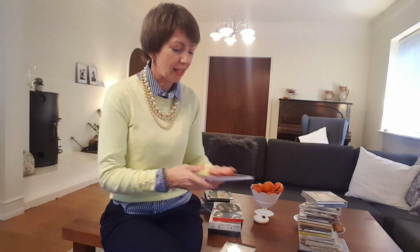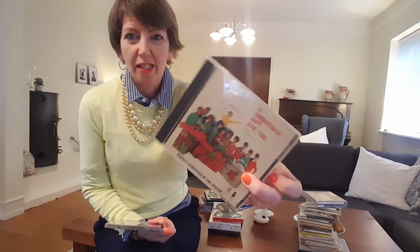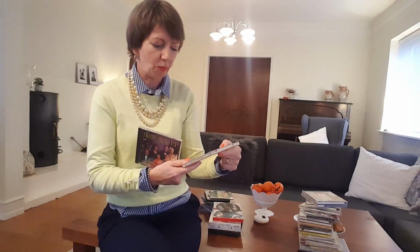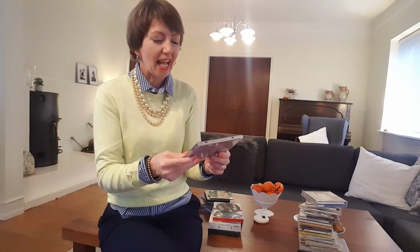Here are two funny ones, which I've also had for a while. Okay, I'm going to keep the Phil Spector Christmas, because those are also, actually no, I'm not. I'm going to keep the Ella Fitzgerald, but not this one, because there were only a couple of things that I liked on it. That can go to the charity shop. And this one,